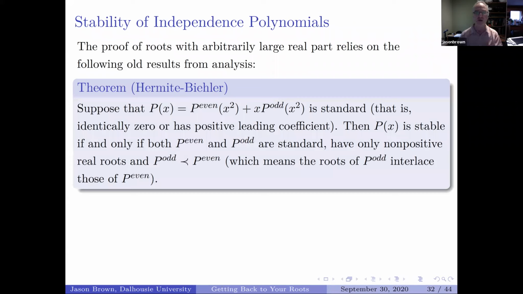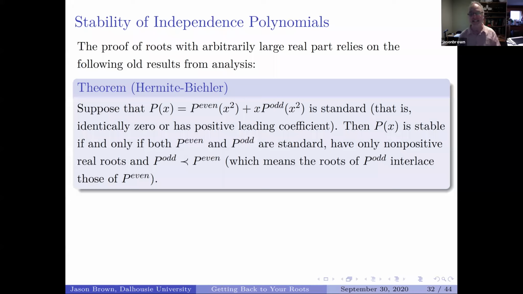Suppose that we take a polynomial p of x. We're going to break it up in a very natural way into what we call an even part and an odd part. So you split it up into a polynomial in terms of the even powers of x. Now, if it's a polynomial in terms of the even powers of x, you can view it as a polynomial in x squared. So that's what we're going to call the even polynomial, p even. And then we take the odd part, we factor out an x, and then we get a polynomial just in terms of even powers of x, and that's therefore a polynomial in x squared, and we write that as p odd. So every polynomial can obviously be written in this way.